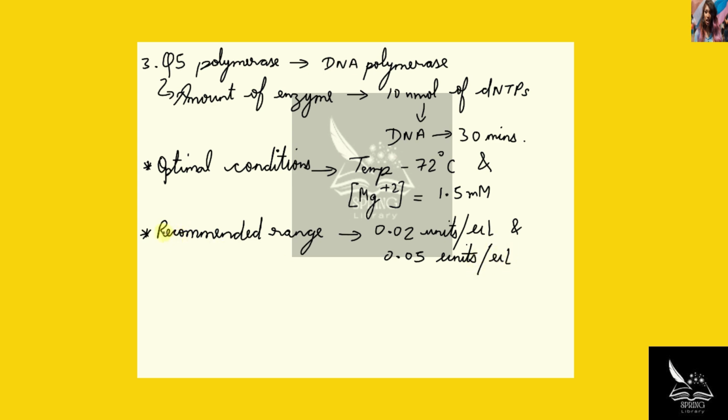Assuming a concentration of 0.02 units per microliter, we would need 50 microliters times 0.02 units per microliter, which equals 1 unit of Q5